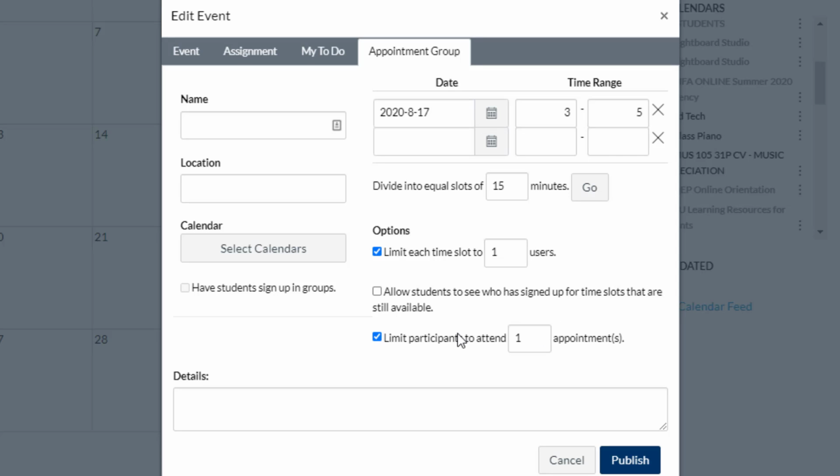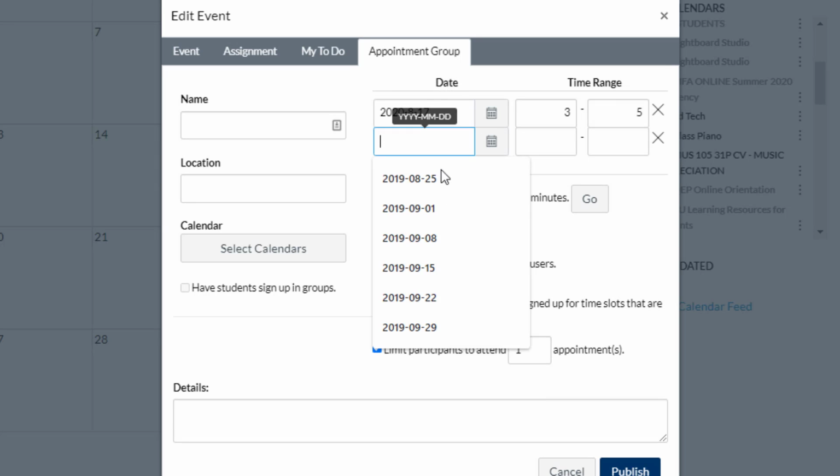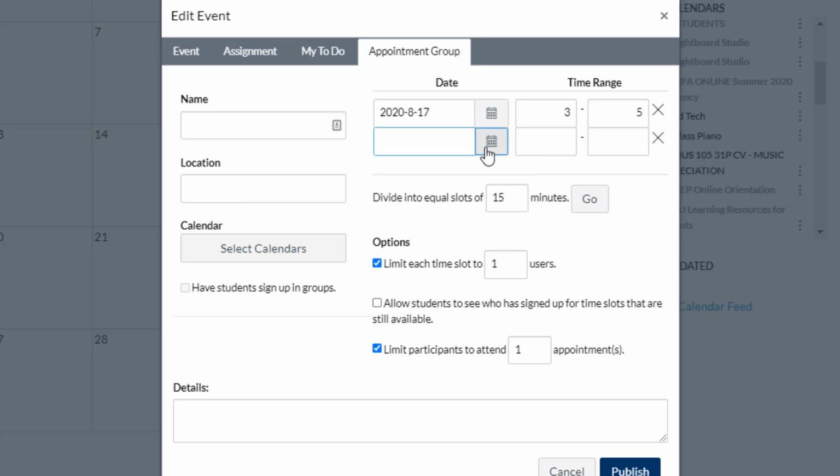So I'm going to go under the assumption that I'm creating this appointment group for the week. Now that means I'm going to limit it to one appointment per week. You may want to choose a different option. So I've chosen Monday. I wonder if it will let me do it this way too. Oh, I can. Yeah. So now I need to choose